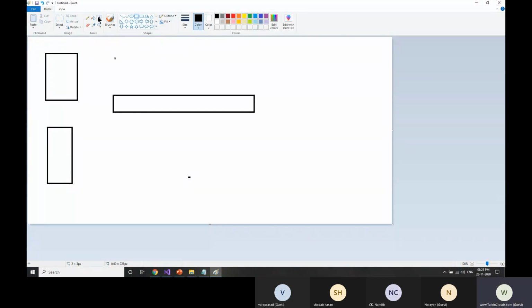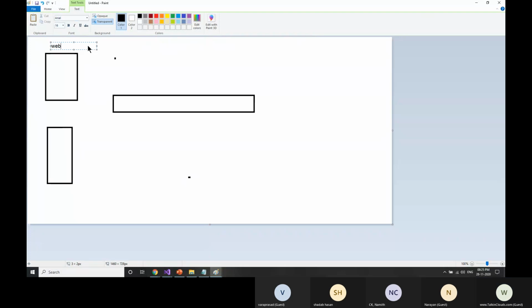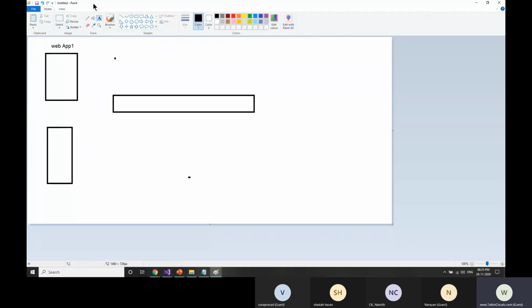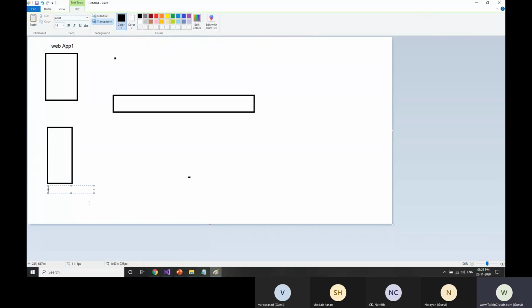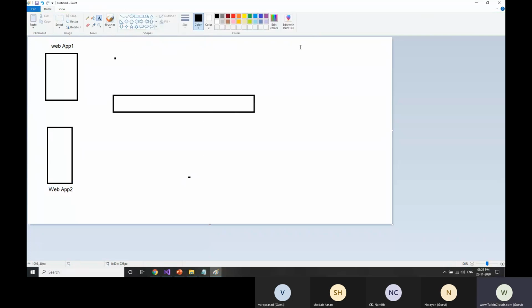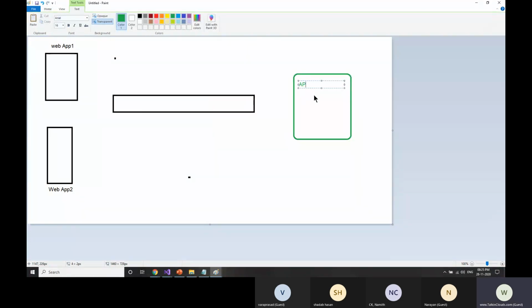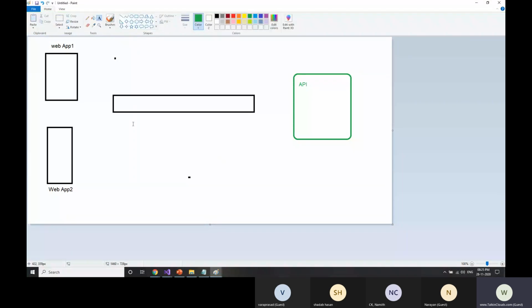These are the two web applications. Let's suppose that you have an API, which you have created. You can write your data from the application to a queue, and the queue will have multiple messages here.